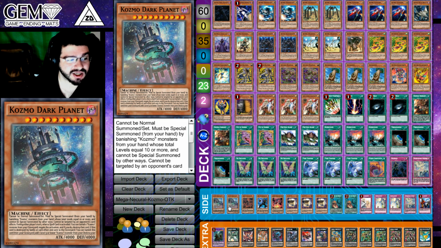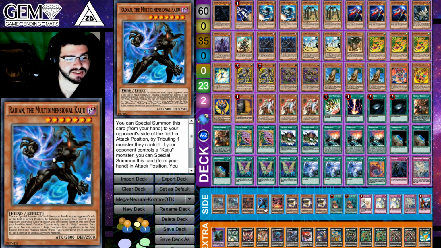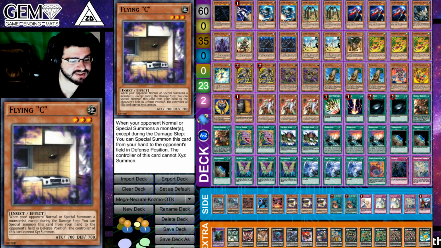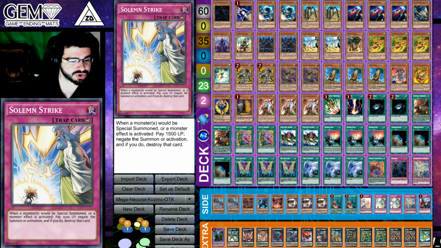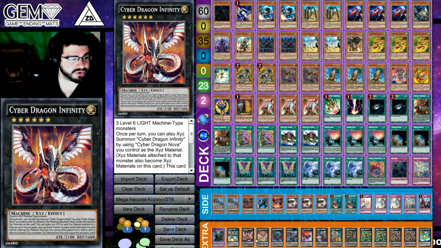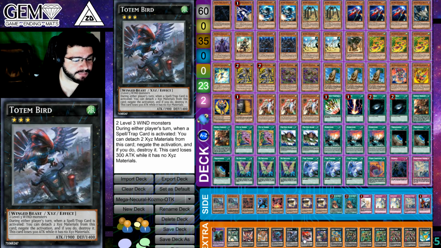The side has 2 Kozmo Dark Planet, 1 Dogoron, 1 Radiant. Remember, this is really great for being able to ram Delta Shuttle into as well as Forerunner, and 1 Kumongous, which is purposely there to ram Landwalker into. 3 copies of Flying C, 2 Interrupted Kaiju Slumber, 1 Warning, 2 Strikes, another Dimensional Barrier, and Imperial Order in the side deck. The extra has Norden, Daigusto Emerald, Cyber Dragon Infinity with Nova, 1 Break Sword, 1 Totem Bird,